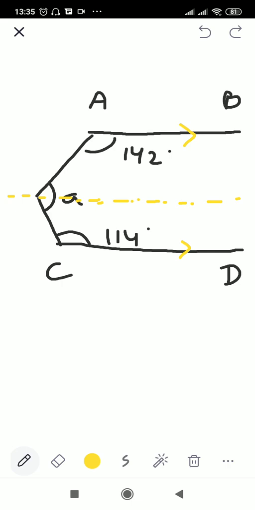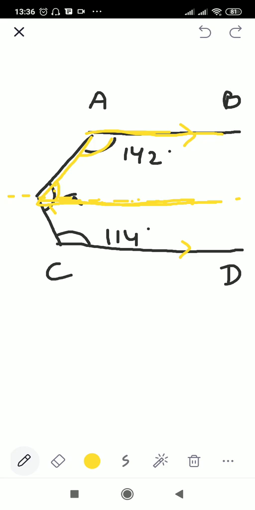Now if you have drawn this line, you can see here that this angle is now divided into two parts. Okay, one is this and one is this. Now over here, if you're going to extend this line from here, and there is no need for extension, one minute, we have another property that we can use here, that is the interior angles. You can see this line is parallel. We are going to draw the parallel lines like this. So you can see this line and this line are parallel, and these two are the interior angles, right?